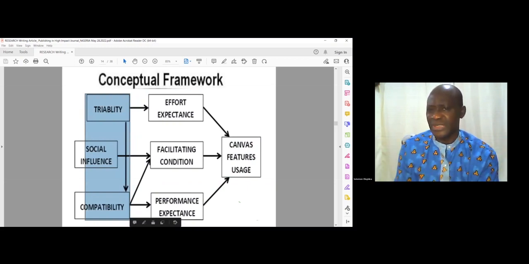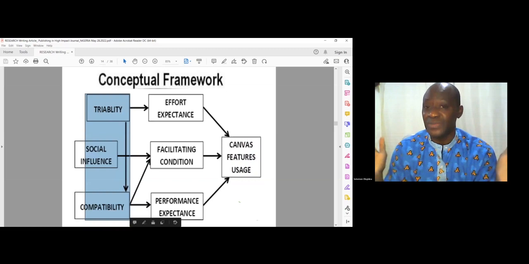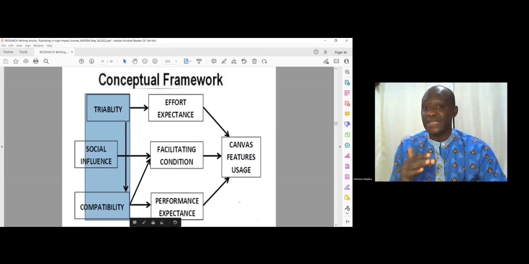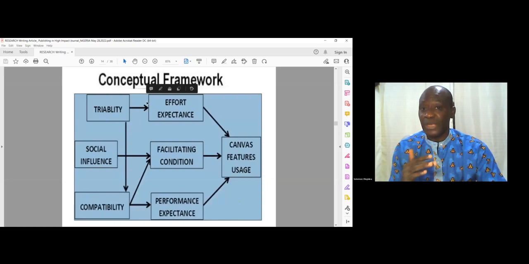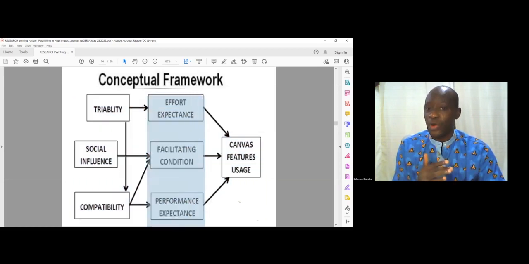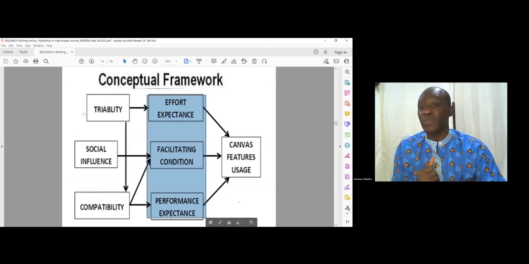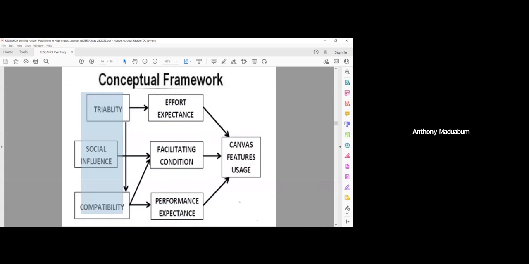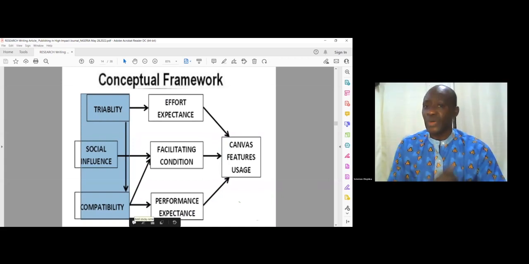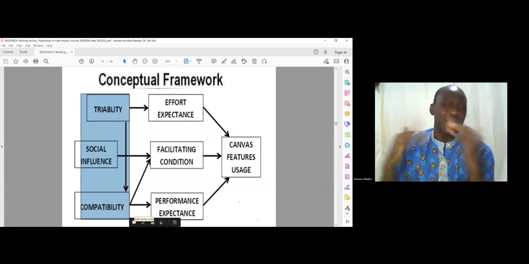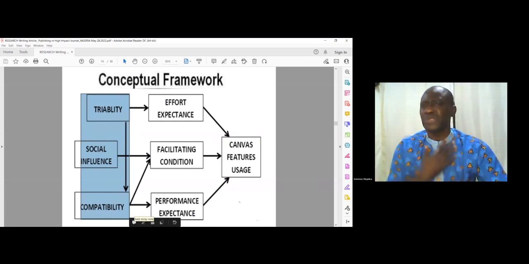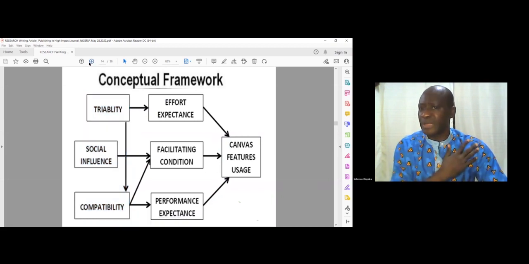This is how to do research. This is the literature outcome. I criticized those, and I supported these four from UTAUT, Venkatesh 2003. And I supported these three from Rogers 2003 as well. So I'm combining those to find the relationship. So that is the outcome of my literature review. It's not that I'm just coming up to bring a model.